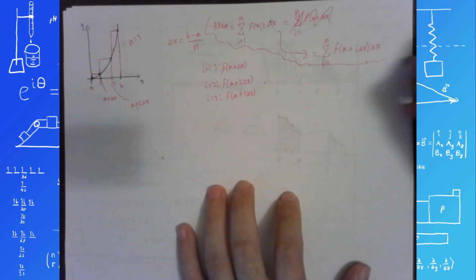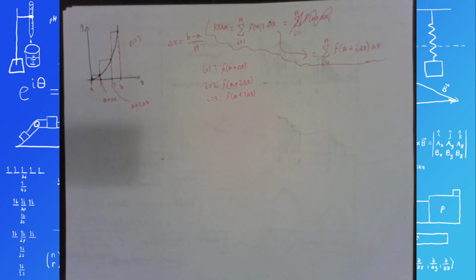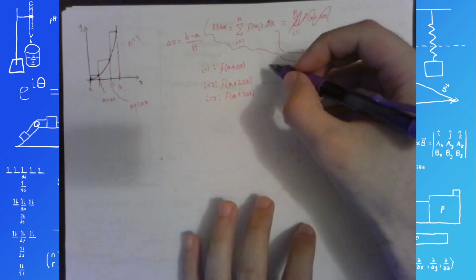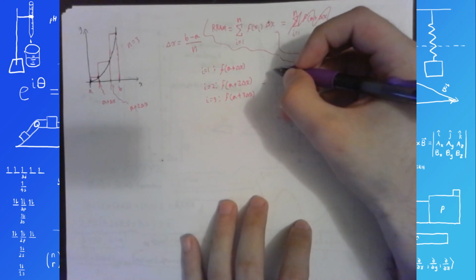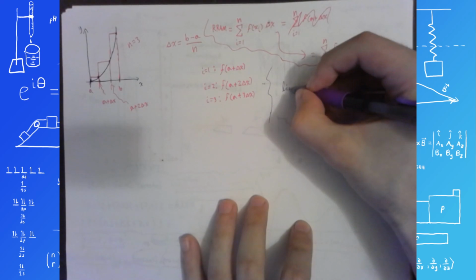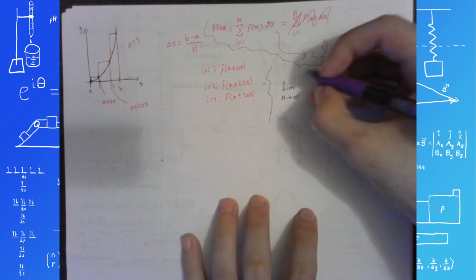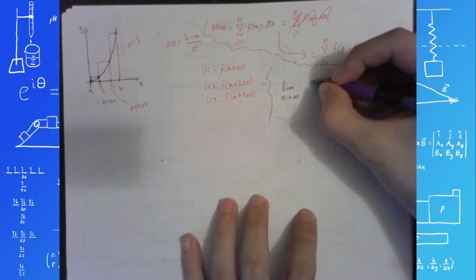What happens if I create so many of these rectangles that they become infinitely thin? What if the number of rectangles n approaches infinity? For those of you who have had calculus, you have hopefully heard of the concept of limits by now. It's the first thing you cover in calculus. So if I were to take the limit as n approaches infinity of this sum,